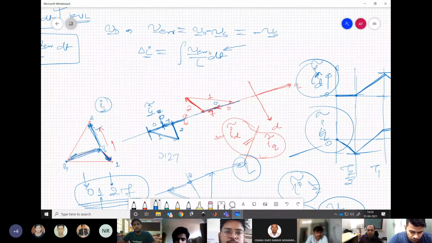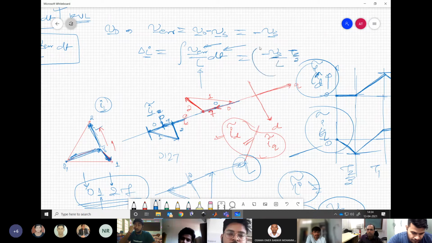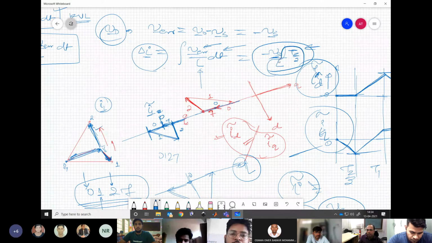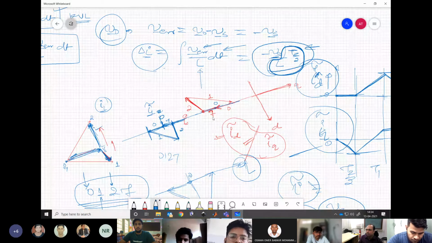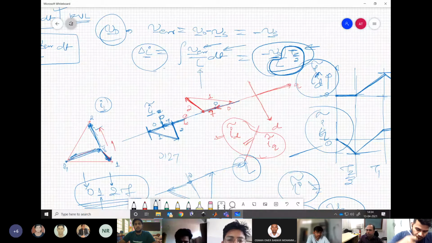Now this dt is fixed, V error is a fixed number, L is fixed. So this basically becomes minus Vs times Tz by 2 divided by L. This is your error caused by this particular vector. So which is what? It is a scaled version of minus of Vs. Getting my point? Similarly, for all the vectors, this is nothing but a scaled version of that. But parallel to that, here we are going along the axis of Vs.